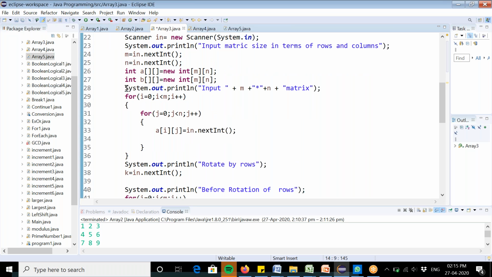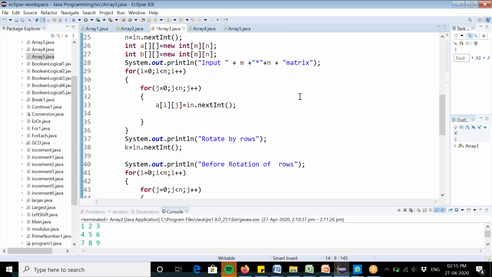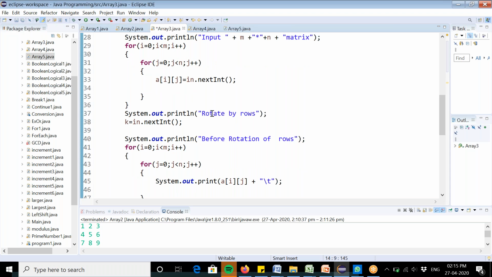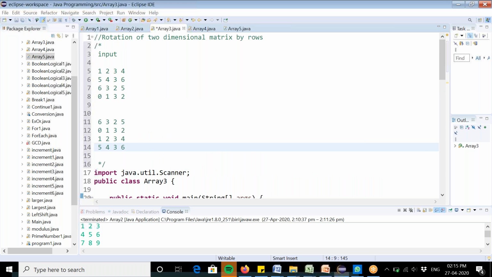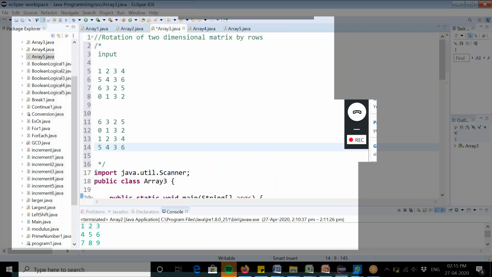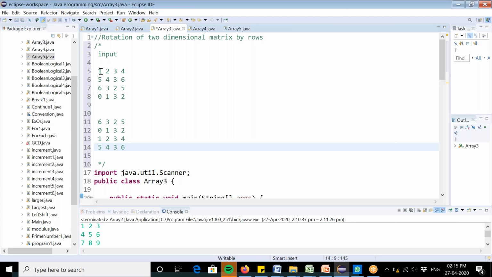This loop will read the input through the keyboard as we discussed earlier. Then it will ask you by how many rows you want to rotate it. If you input 2, that means the third row, that is row number 2. If you want to rotate it by 2, then the first two rows will be added at the end, and the row number 2 will become row number 0,